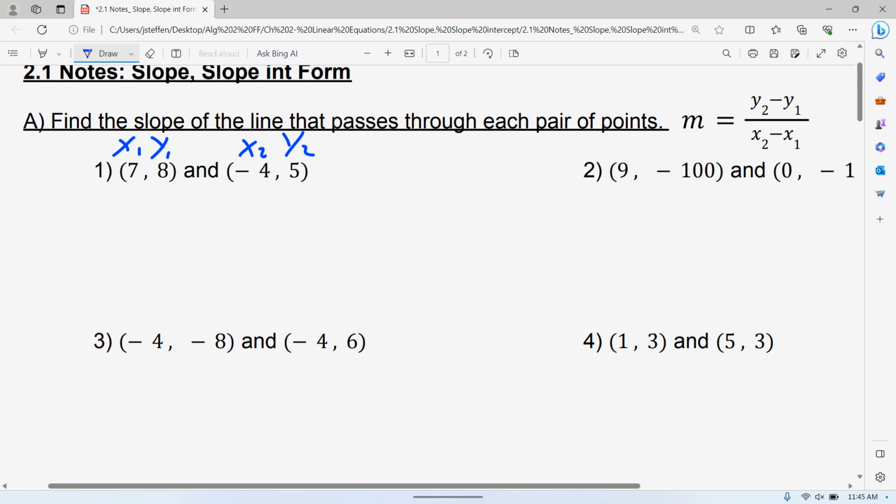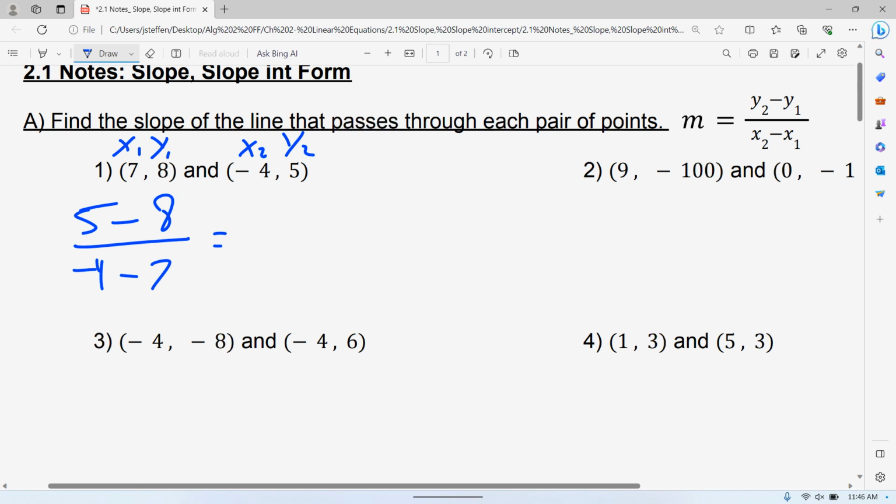Now again, some of you guys don't need to, but I would at the very least label this is my point 1, this is my point 2. That's how I do it a lot. Once you know your point 1 and point 2, it's not too bad. The hardest part of that is making sure your points